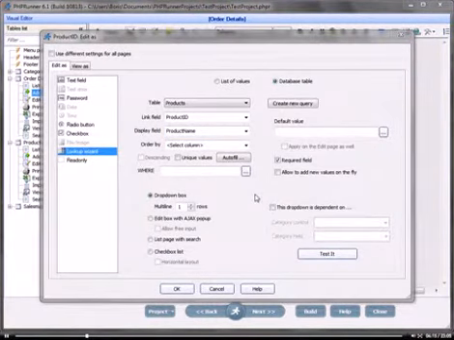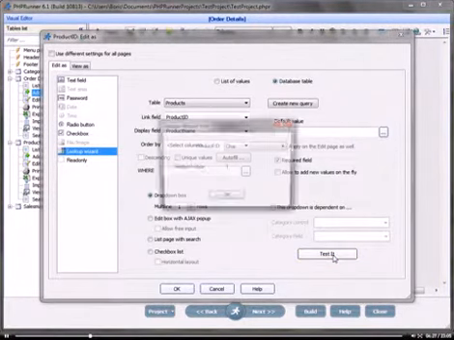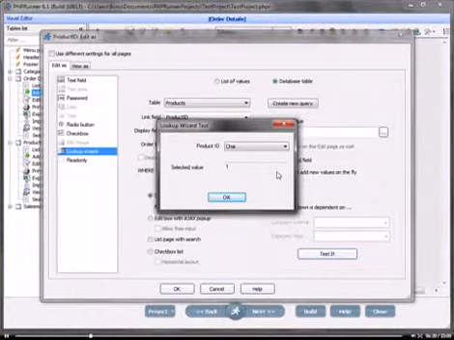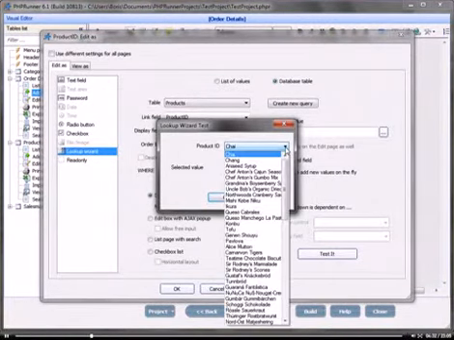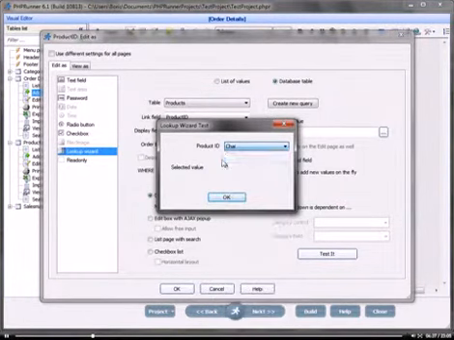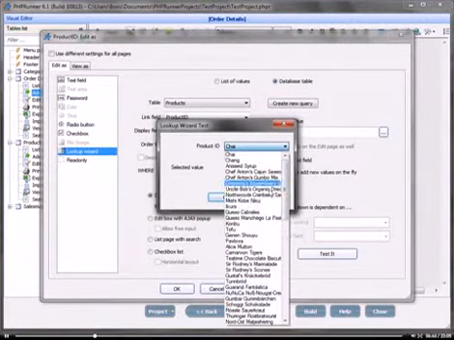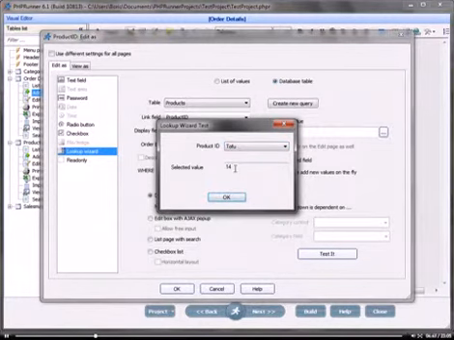One thing to keep in mind while working with the dropdown boxes is that you can test the dropdown box even before you build your web application. You can do so by clicking the Test button located right here. I'm going to click Test, and what we see here is the actual dropdown box, in our case full of all of the product names, and we have the selected value field, which is actually the ID of the product that is going to be stored in a table. So I'm going to click tofu, and ID number 14